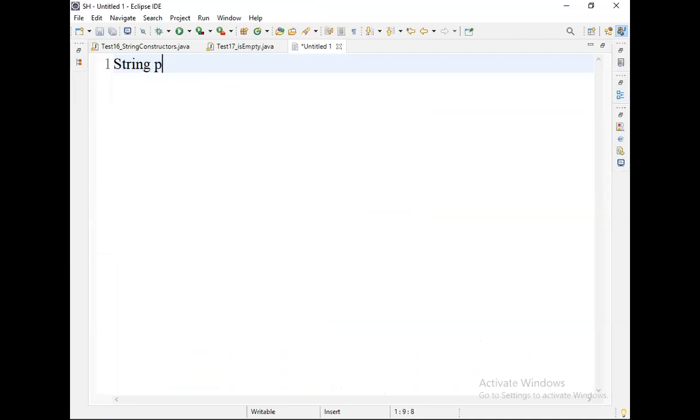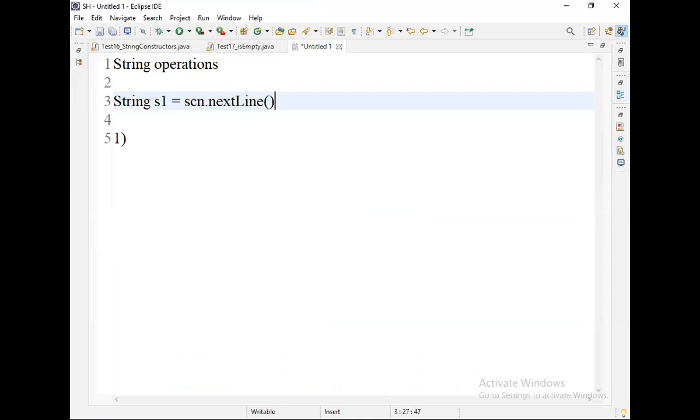String operations: different operations we can perform on a string. String s1 equal to scn dot nextLine; I'm reading some string from the keyboard. Then what are the different operations we can perform on the string after it is stored in s1? There are several operations we can do. Now let's start.